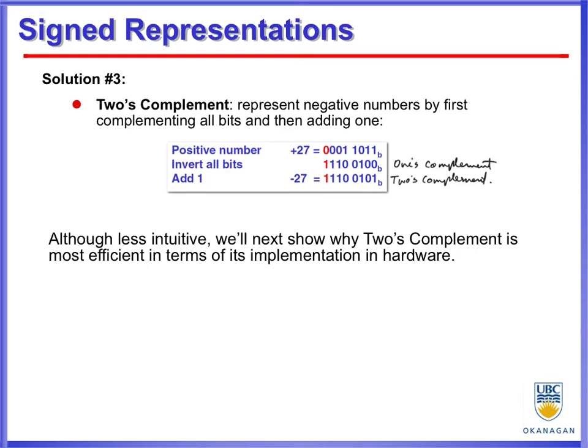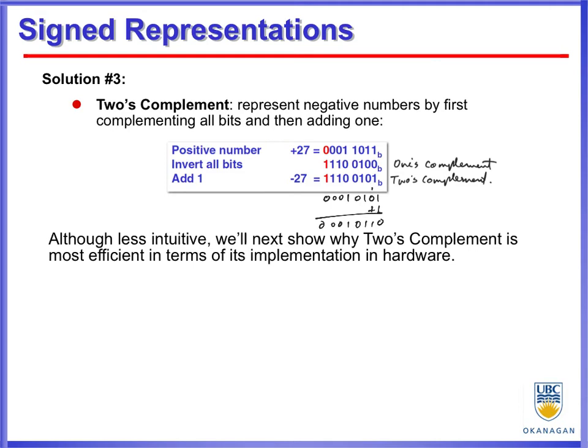Okay, so same thing with one's complement. If you're given a binary pattern like this and you're told it's a 2's complement binary number, you look at the most significant bit, you see it's a 1, you know it's a negative number. Well, which negative number? Well, you invert all the bits, so 0, 0, 0, 1, 0, 1, 0, 1, and then you add 1 to it. So 1 plus 1 is 0, carry the 1, gives us 1, 1, 0, 1, 0, 0, 0, which is